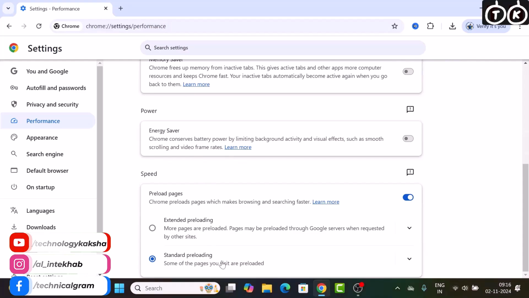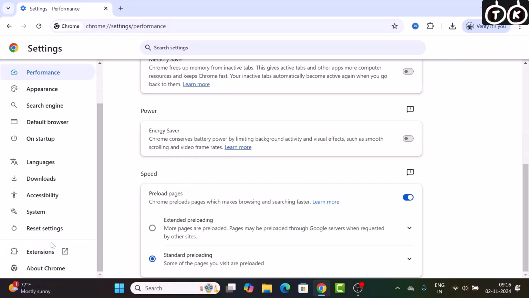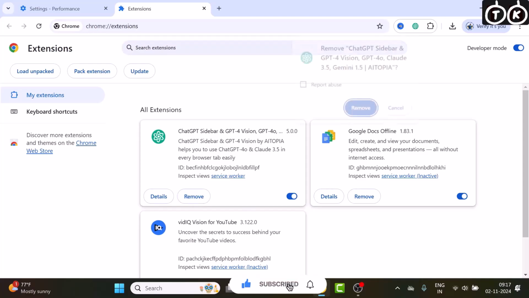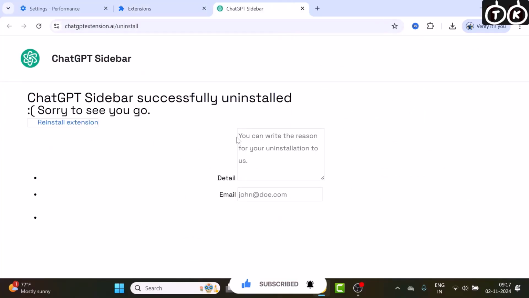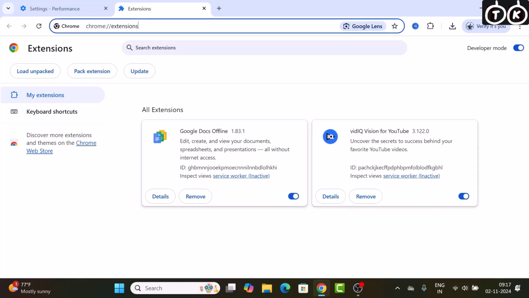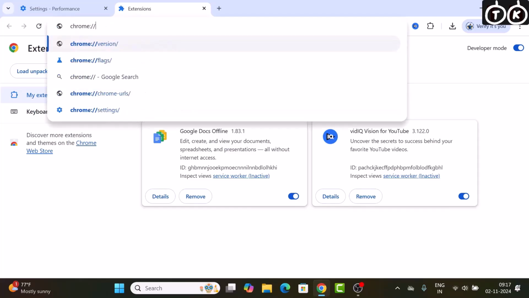Once you have set it on Standard preloading, now you have to go to Extensions. Here you have to find if there is any unknown or unwanted extension, and remove those extensions from your Chrome browser. Because if there is any unknown extension installed in your Chrome browser, it will slow down the downloading speed and overall speed of your Chrome browser, right? Once you have removed all unknown extensions, then go to the address bar and type